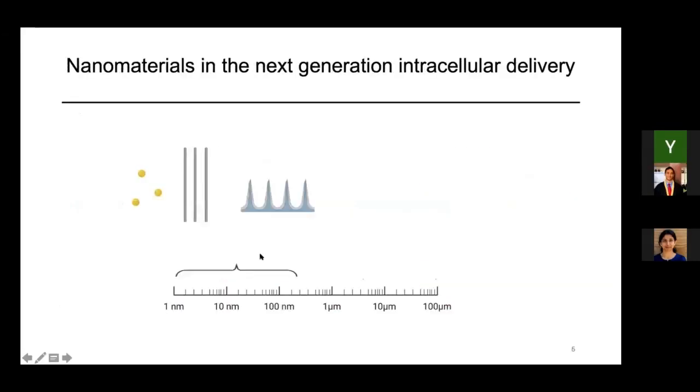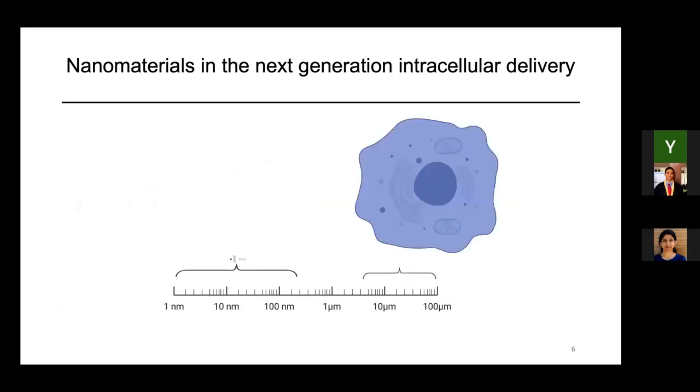So first of all, why do we want to use nano? One of the biggest advantages of using nanomaterials is that their size is small, so they are compatible with a cell. If you compare their size with a cell, you will notice that they're almost invisible to the cell. The extremely small size of nano devices makes it relatively easy to go in and out of the cell without causing too much damage.